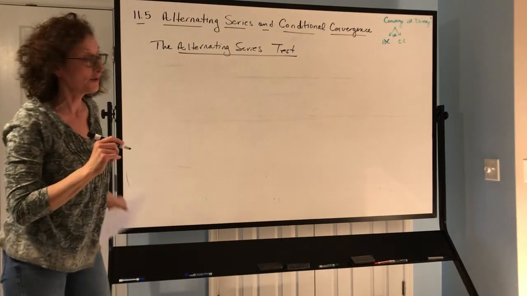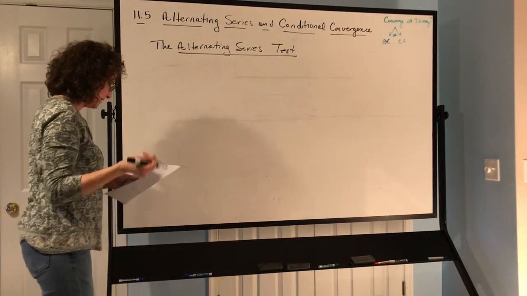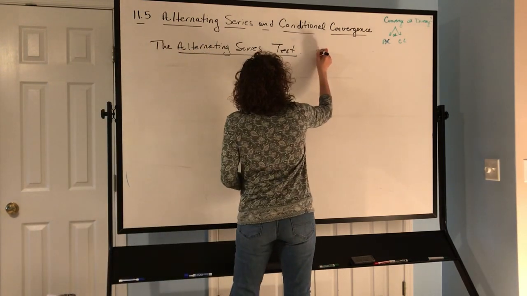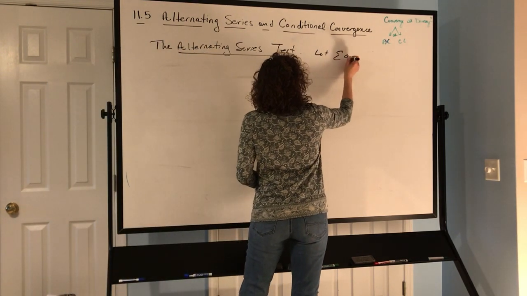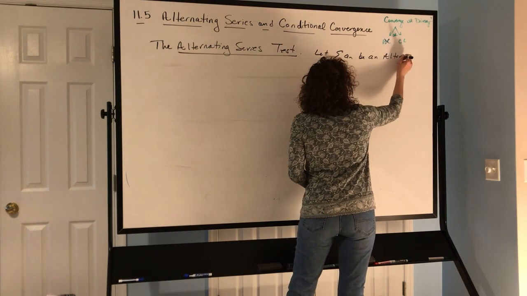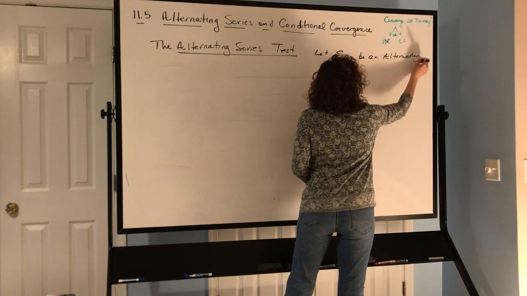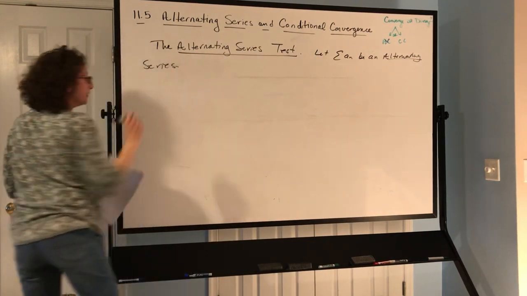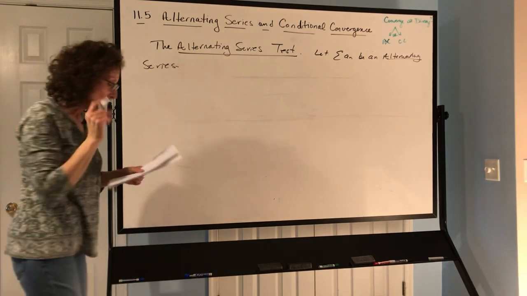Okay, the alternating series test. So what does the alternating series test say? It says let the sum of a_n be an alternating series. We just defined what that was, right? Let that be an alternating series. And then,